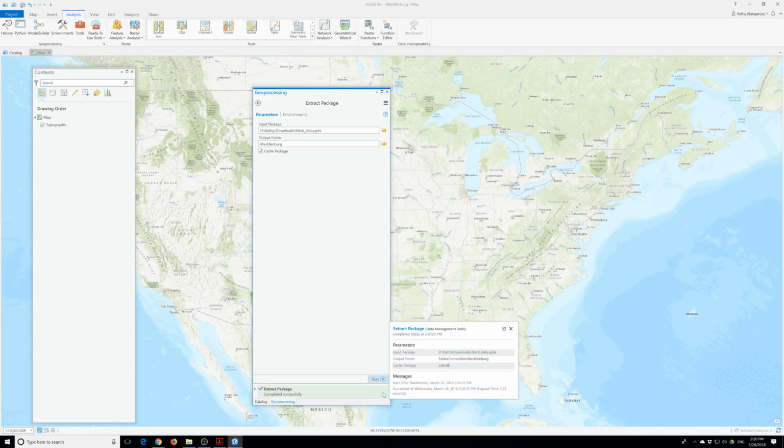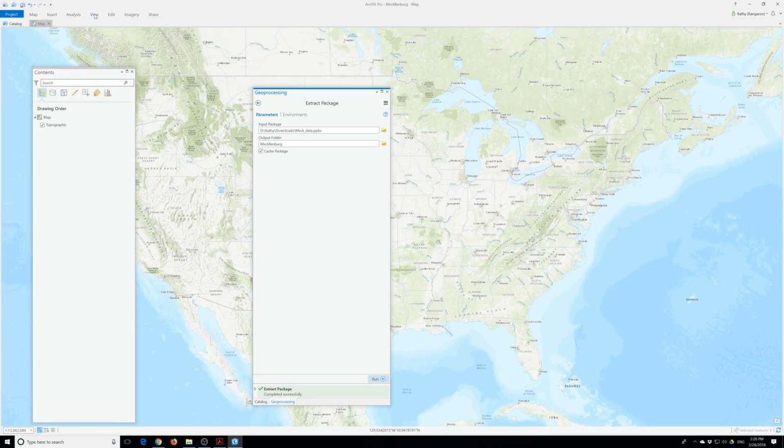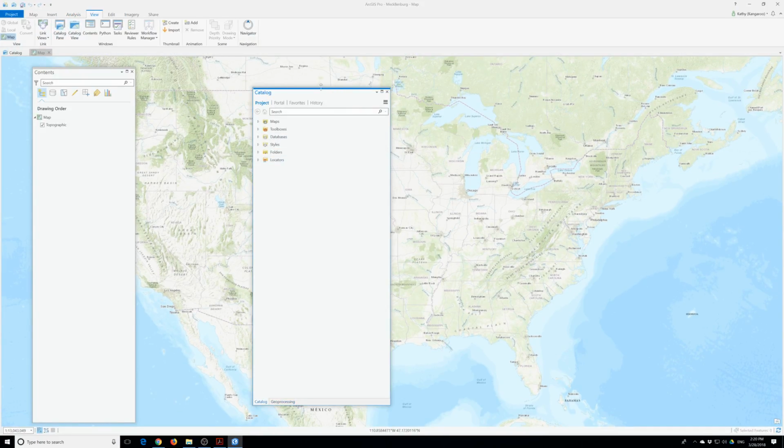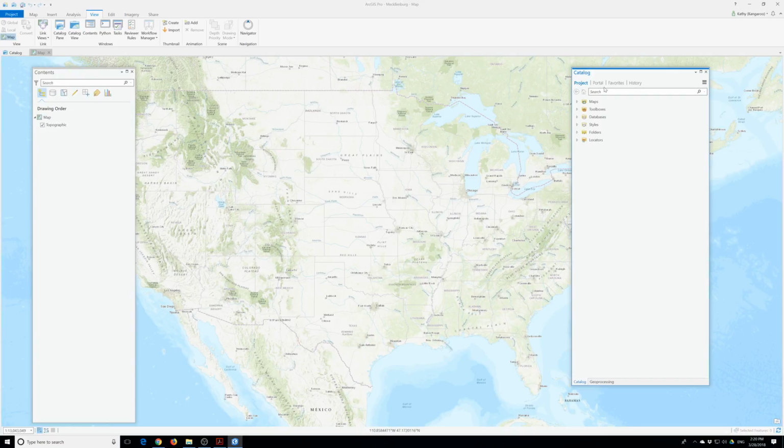So now we have extracted the contents of the Mac data package to the data folder. To access the data, we must set up the project in the catalog pane, and from the catalog pane, we can access the project components, including all the maps that we create. So I'm going to open the catalog pane, go back to View and Catalog pane. So in this catalog pane,